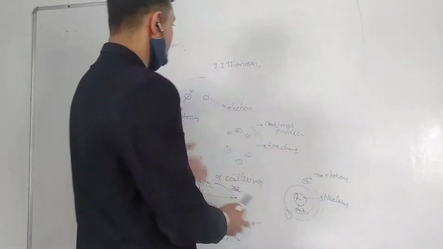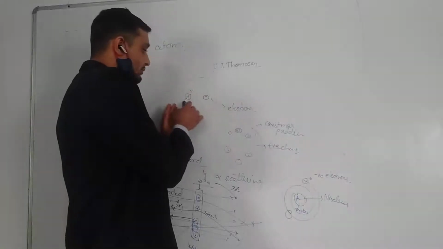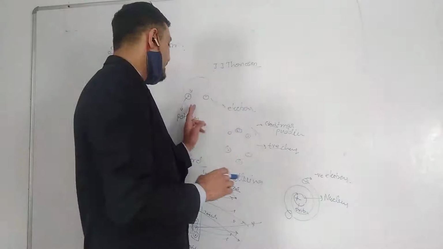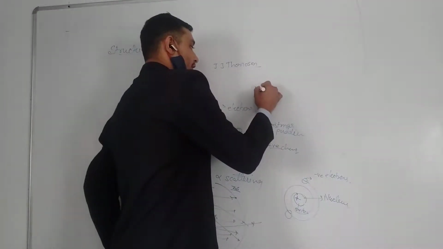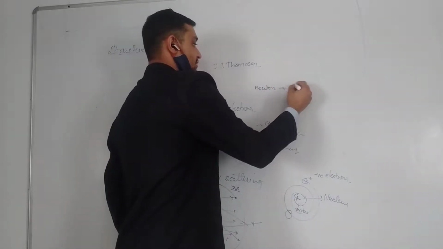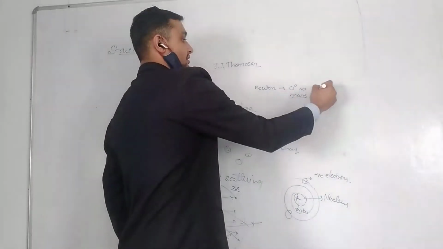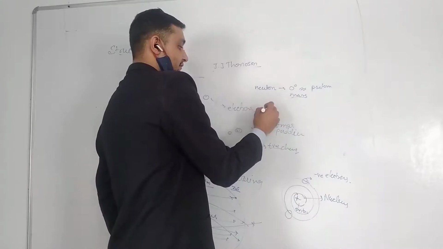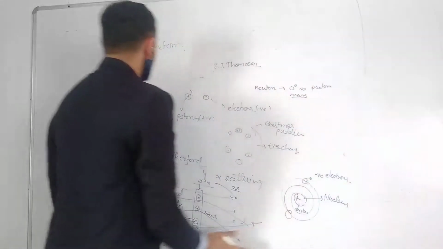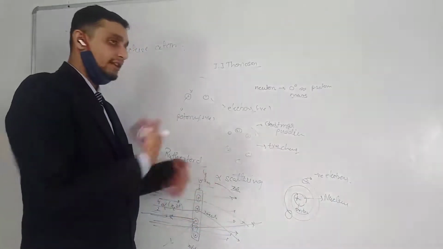So in this class, what we have studied is the model of J.J. Thomson. Okay, that he concluded that there are two particles inside an atom, protons and electrons. Later on it was discovered that there are three particles: one proton, one electron, and third is the neutron. Neutron doesn't have any charge. Neutron has zero charge, but it has mass which is nearly equal to the mass of a proton. Electrons have negative charge and protons have positive charge. This is all we have to discuss in structure of atom. So this was a brief topic and we can discuss it later on in further classes.